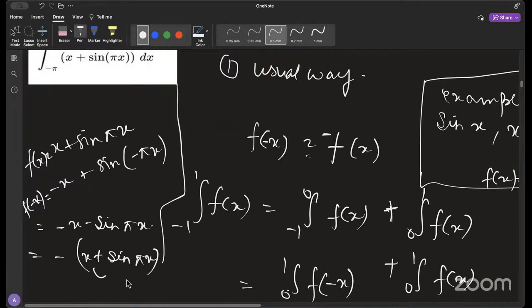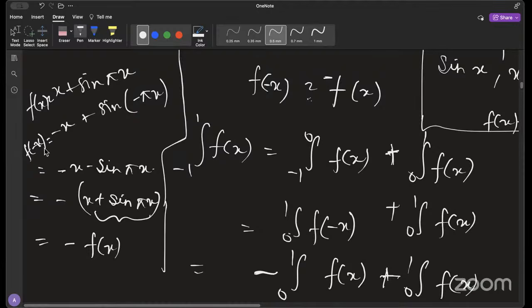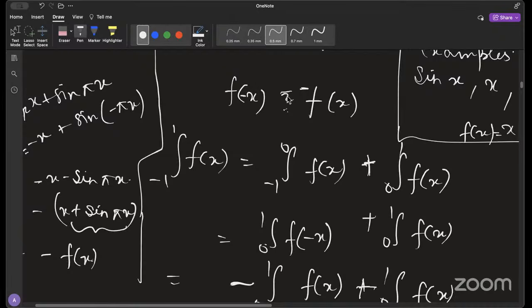And this entire thing is just f(x), right? So your f of minus x is minus of f(x), and we've just seen that if f of minus x is minus f of x, that means